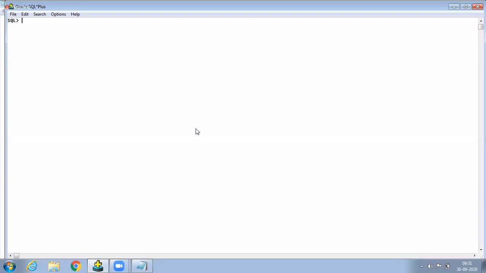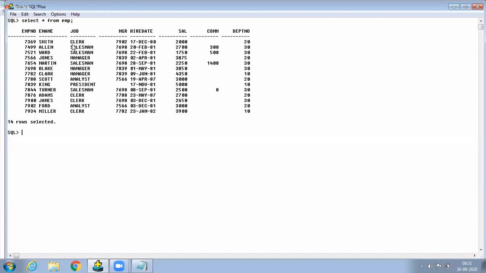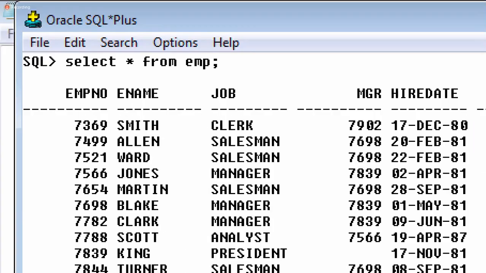Now check it out. If you want to understand that, first observe here. Don't write it, observe. Predefined tables first I'm taking. Select star from EMP, a table in Oracle Enterprise Edition, Scott schema. Another table for practice purposes, select star from DEPT is a table. Don't write it, just observe, very, very important. This is the EMP table. Another one is the DEPT table. Observe here, this is the EMP table.